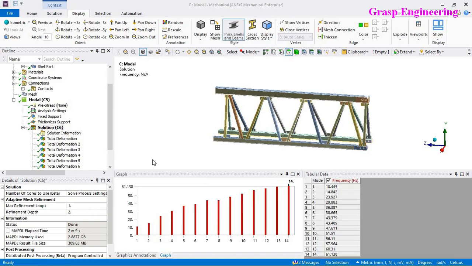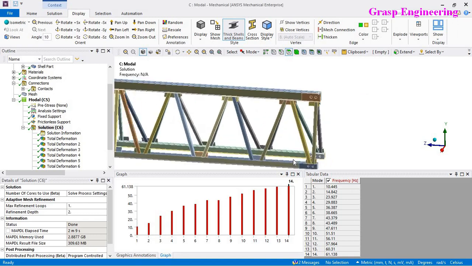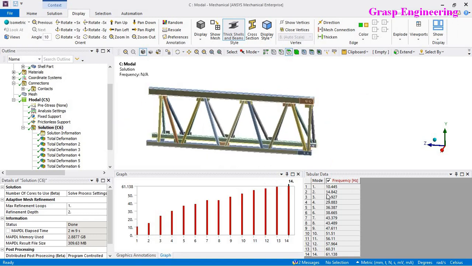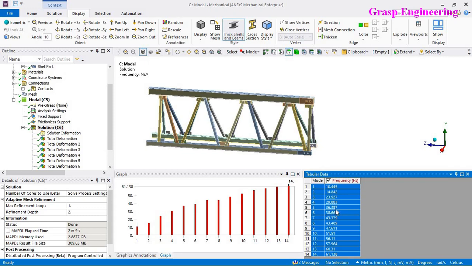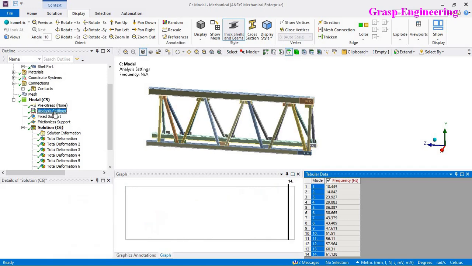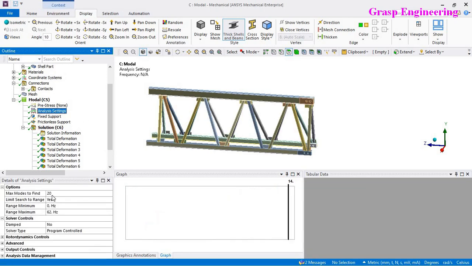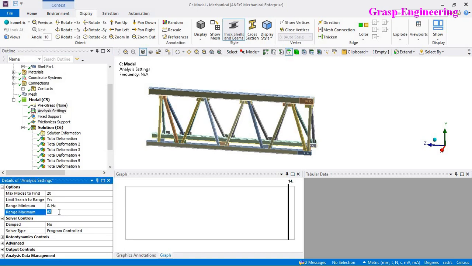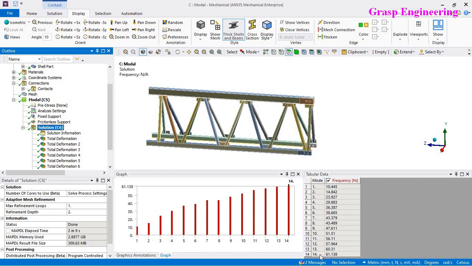Now you can see that our modal analysis simulation is performed, and in the table at the bottom, the number of frequencies extracted is 14. If you remember, we had given 20 modes to extract, but here we had given the range, so that's why it extracted only 14 frequencies.